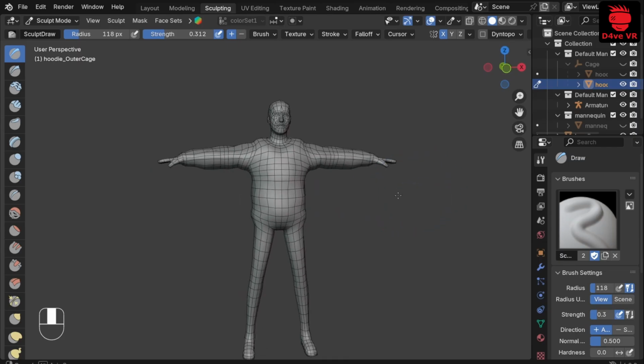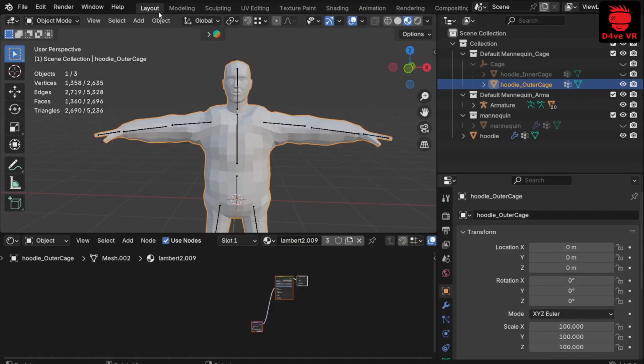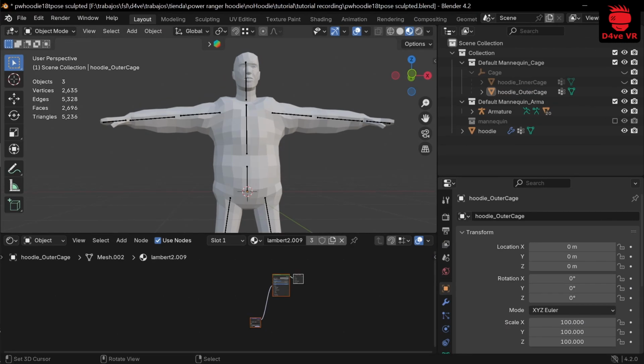I always add a triangulate modifier to the model to avoid issues when importing to Roblox. Remember to turn off the mannequin layer. Now to export it to Roblox,